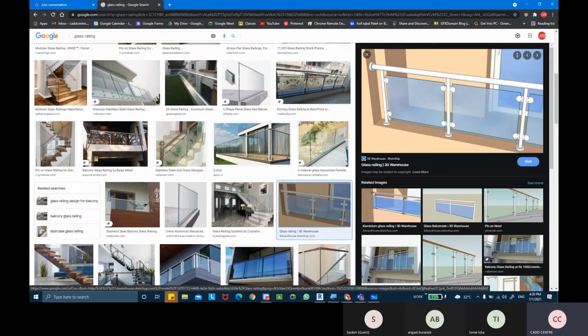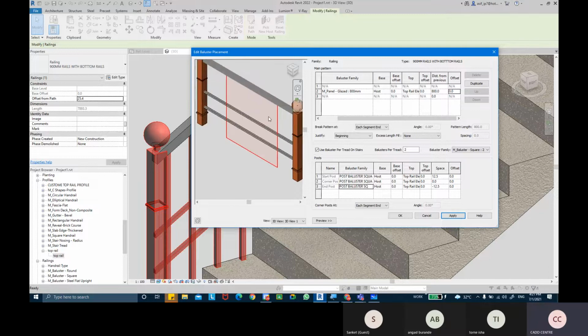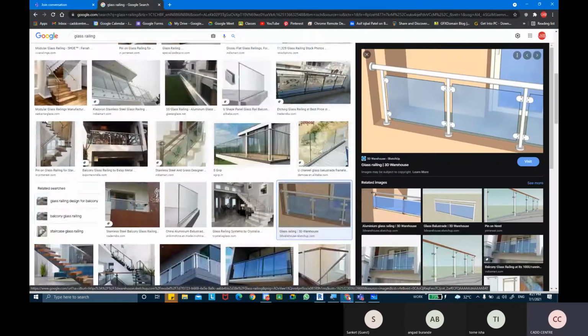Okay, in this we don't have it. This family is just a glass family, it doesn't have those clips or other details, so you might have to create that clips family. By default they have only given the glass. Right now I'm not planning to create a glass panel family. We'll try to create a little bit classic family of baluster. So if I come over here and show you.